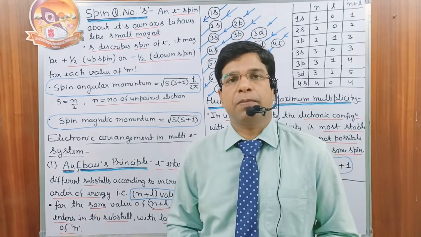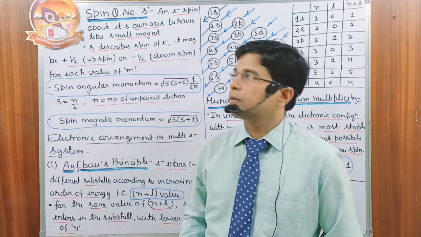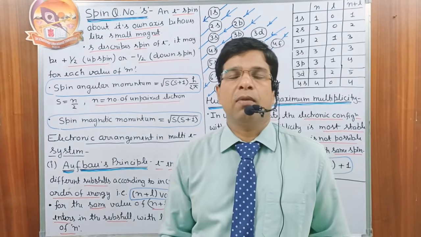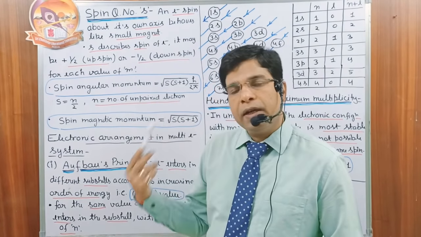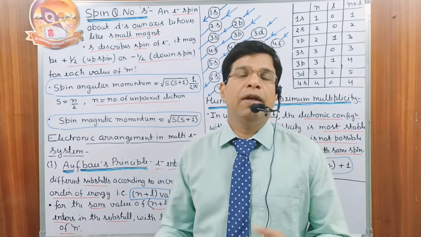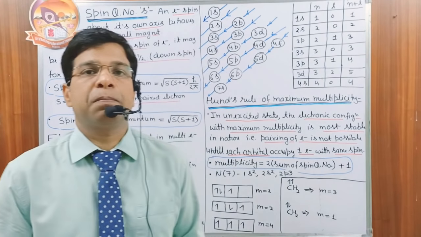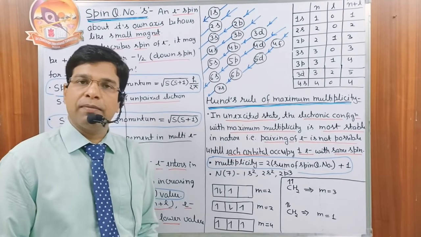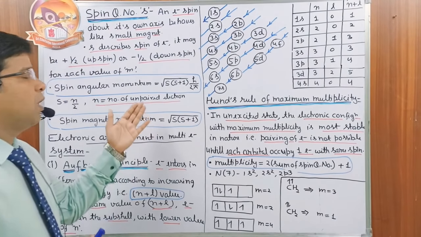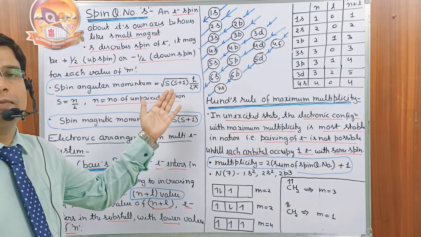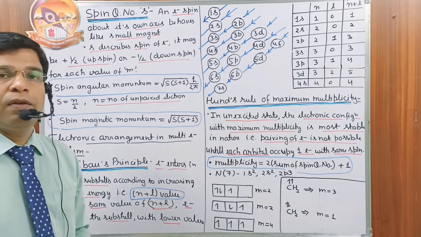Look, an electron spins about its own axis and behaves like a small magnet. Two types of spins are possible, and due to this motion we have some angular momentum, called spin angular momentum. This spin angular momentum can be calculated by the formula √(S(S+1)) × (h/2π), where this S